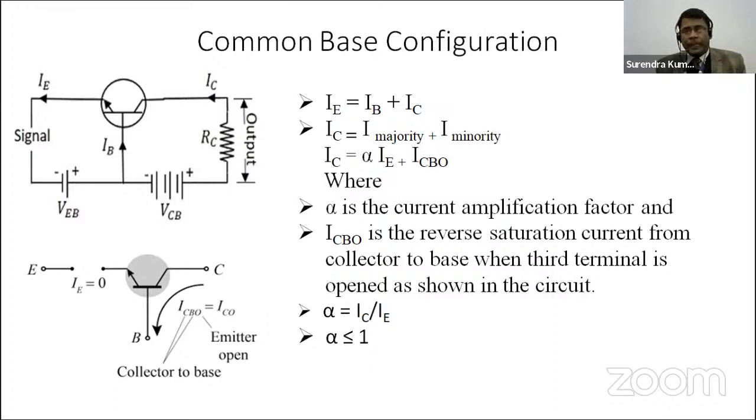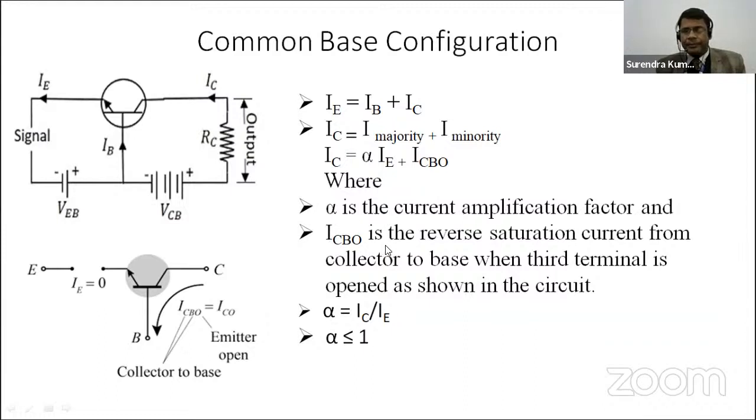So the major current, I majority, is equal to alpha IE plus ICBO, where alpha is the current amplification factor,